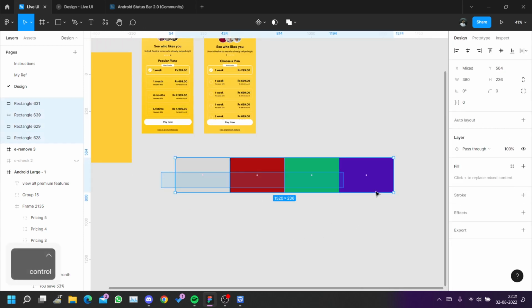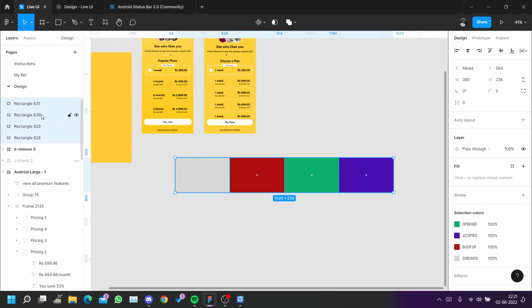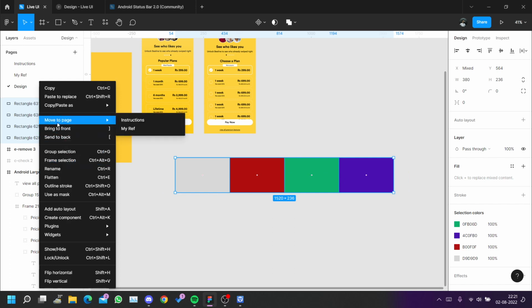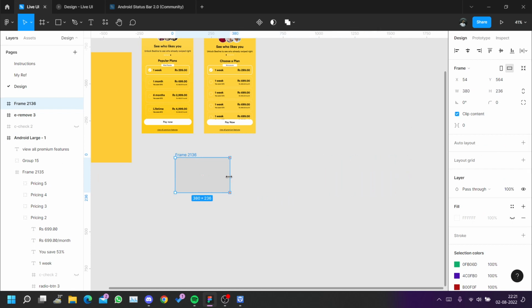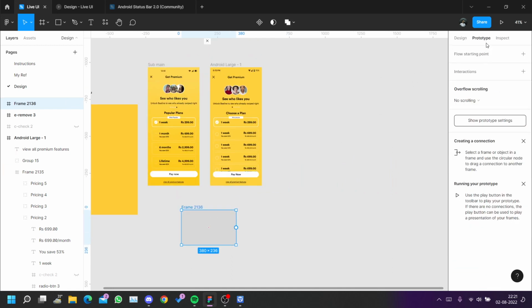Now that you have these things, you will just select them, frame them. Where is that frame button? Yeah, frame selection. And then you go to clip contents and change the bounds of these frames. Okay. And how it was working is, just to show you, if you add interact scrolling,